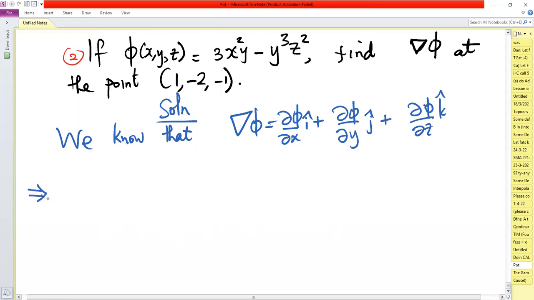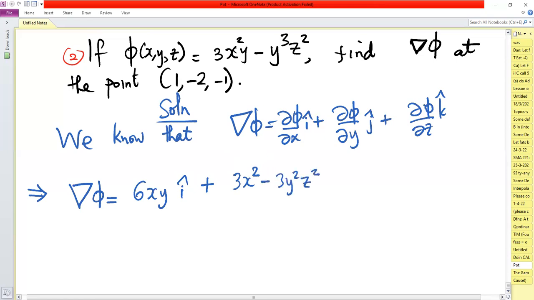So which means in our case, gradient of phi, now when you differentiate this function with respect to x, this first term we get 6xy, second term has no x, so 0, plus first term in this function, when you differentiate with respect to y, we get 3x squared. Second part we get minus 3y squared z squared. So this is the component of the j vector,